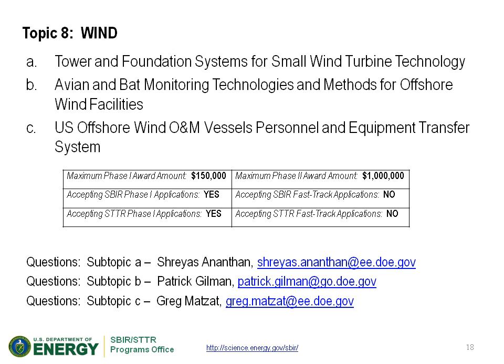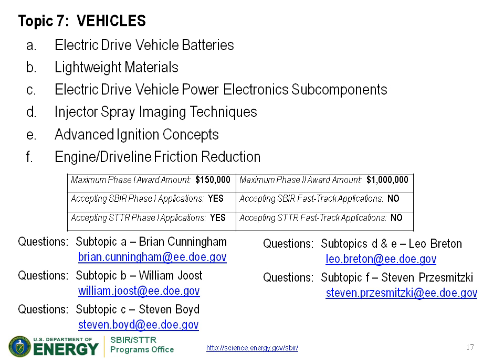Topic 7, vehicles. And with vehicles here, I believe we might be starting off with Brian Cunningham. Brian? Yeah, thanks, Chris. So the Vehicles Technology Office is going to be releasing 6 subtopics here, all of which are in order to help meet our goals of increasing vehicle fuel economy to more than 60 miles per gallon for cars and 43 miles per gallon for trucks by 2025.